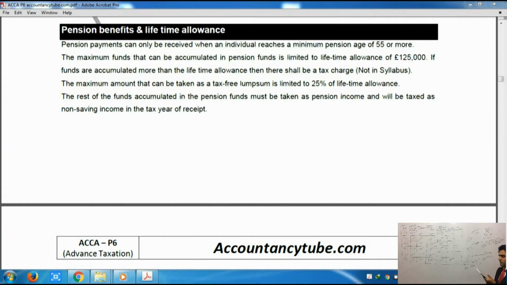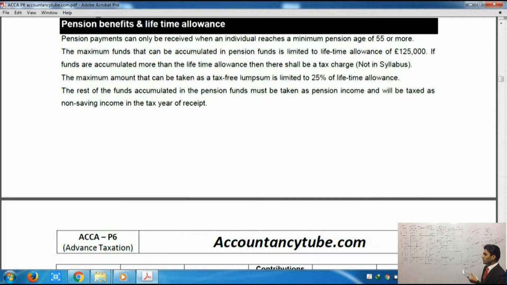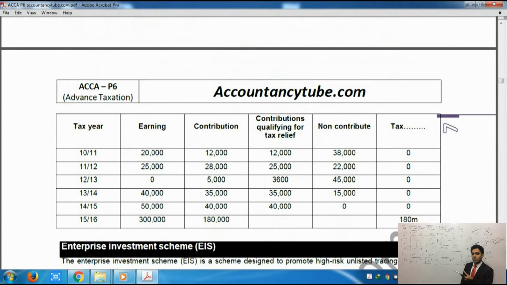Now if you want to see this table, that's fine, but please note the things which I am writing down on the board. It is easier for you to grasp than the ones on the notes, and sometimes there is a mistake on the notes as well, so please make sure you rectify the mistakes. Now it says tax year in the notes, and from 1011 to 1516, just the way we did here.